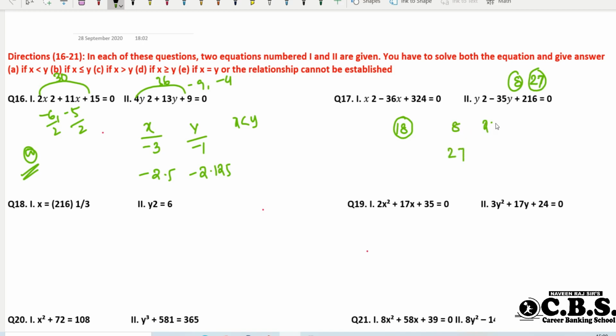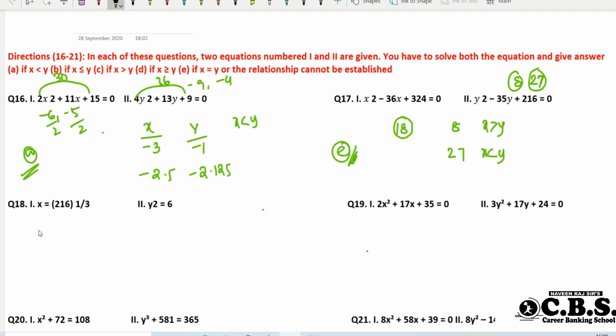So here in some cases x is more than y, in some cases x is less than y. So definitely what is this? Data insufficient. So which option is the right answer? Option E is the right answer. So the relation cannot be established. Option E is the right answer, because here one time x is more than y, another time x is less than y. So we get an opposite symbol. So definitely what do you choose? No relation can be established.